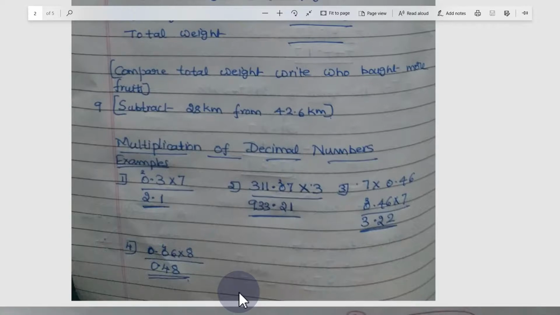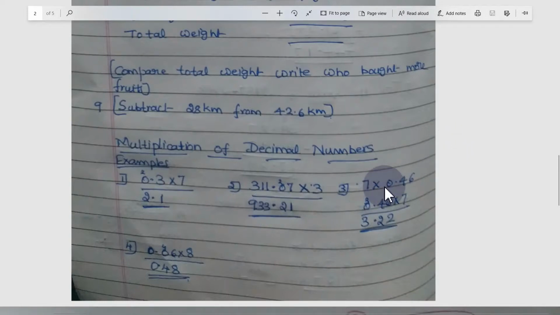Next, multiplication of decimal numbers. Multiplication is as usual, all of you know. Multiply it. When you cross the decimal point while multiplying, for the product also you put the decimal point. Here, 3 sevens are 21, write 1, 2 carrying. 3 zeros are 0, plus 2, you write 2. Now when you are multiplying 3 ones, at that time you are crossing the decimal point, so you put the decimal point in the product also.